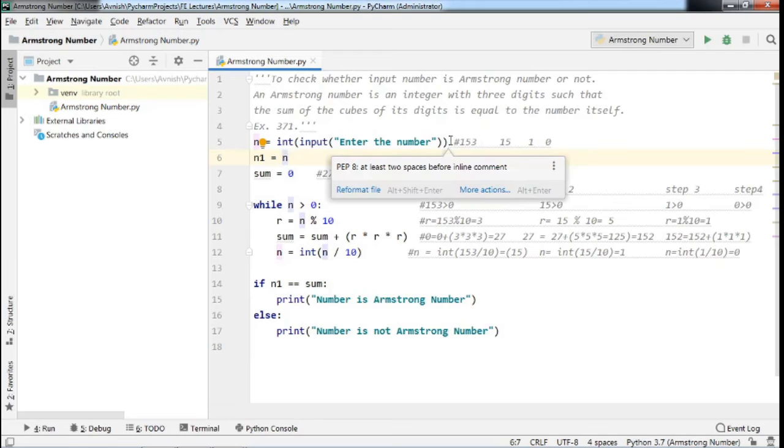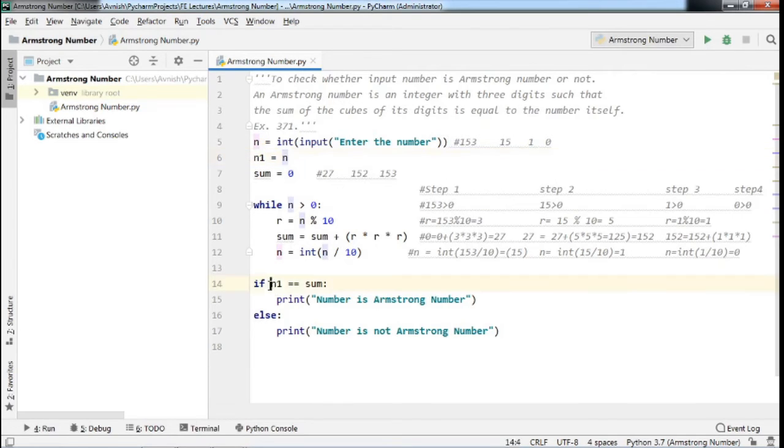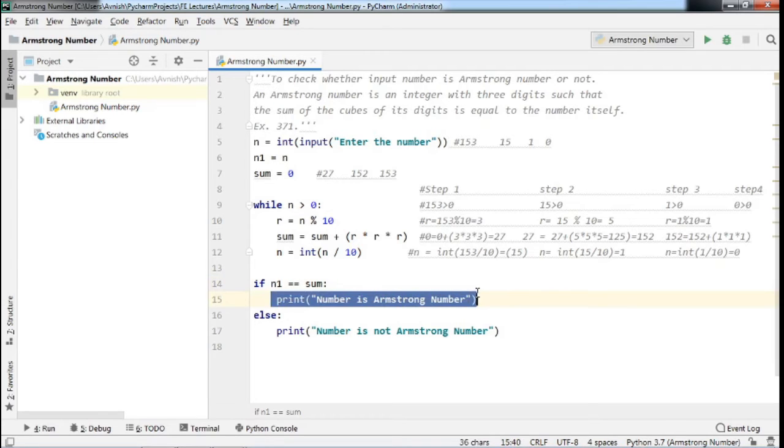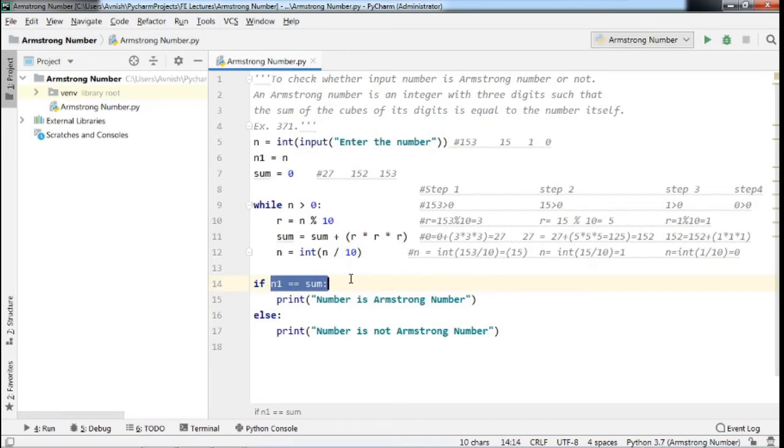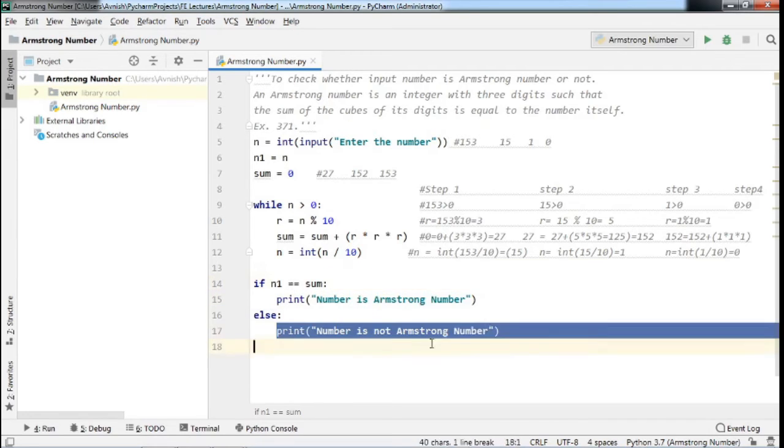Since we have taken input value 153, n1 is also 153, and we are going to check whether the value of sum and the value of n1 are equal. If the values are equal, then this print statement will be executed. If these two values are not equal, then this else part will be executed and it will print that the number is not an Armstrong number.